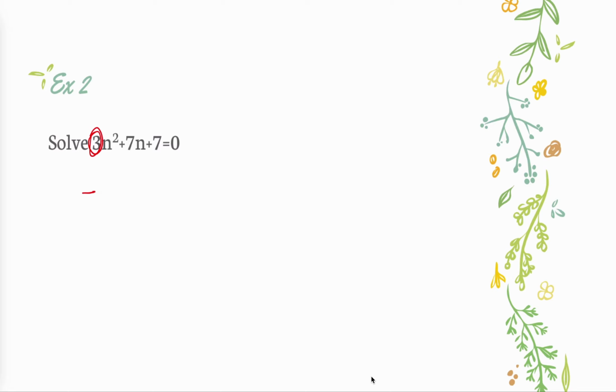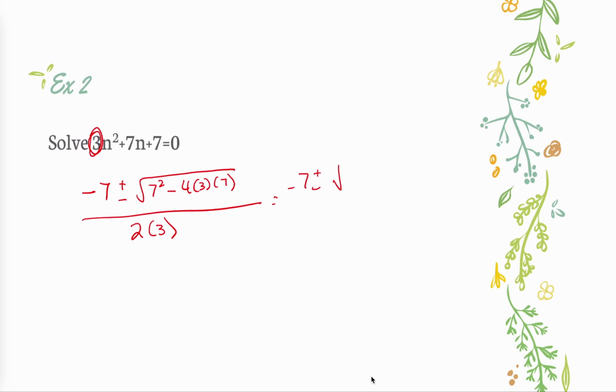So -b plus or minus square root b squared minus 4ac all over 2a. -7 plus or minus the square root of 49 minus 81 over 6. No, not 81, 84. There we go. Which is going to be -7 plus or minus the square root of -35